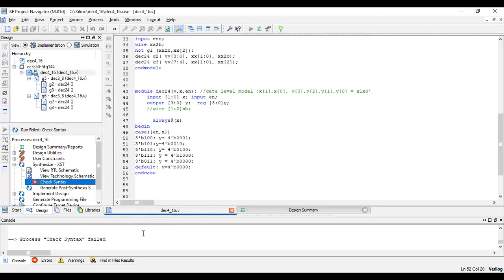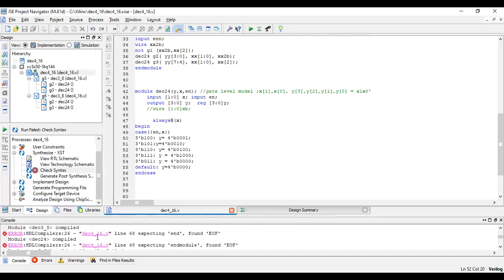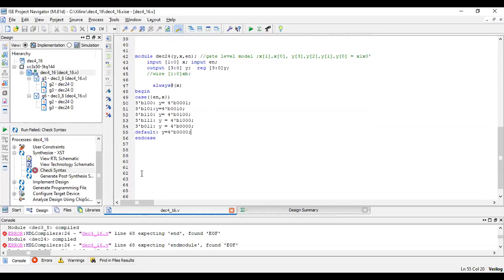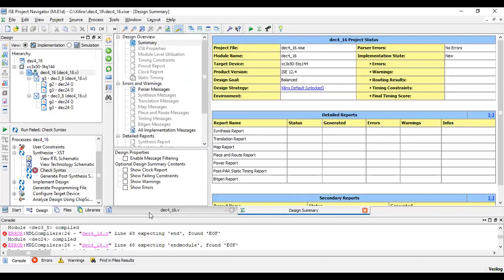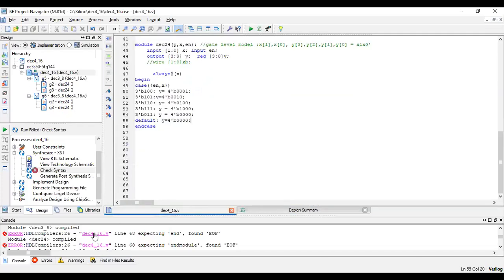Check syntax failed. That's why we had the question mark over there. It should not be represented as a question mark. It should be showing us the V, Verilog file. So what is the error? There is no end. In decoder 4:16, line 68, there is no line 68.